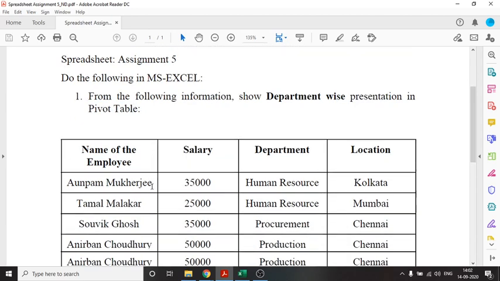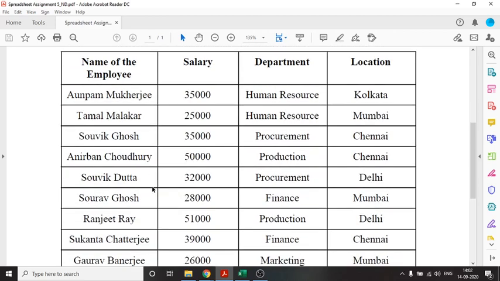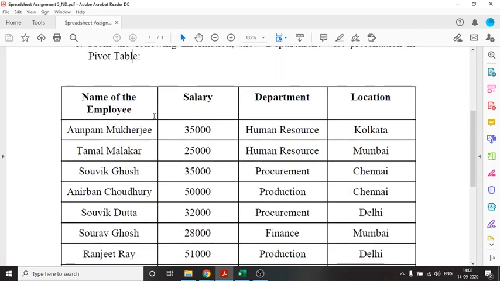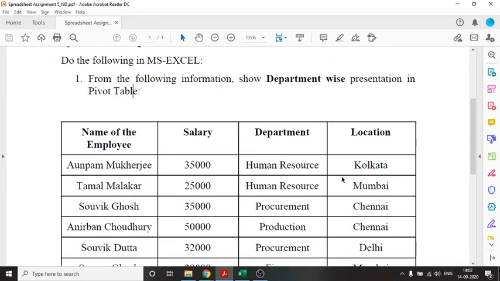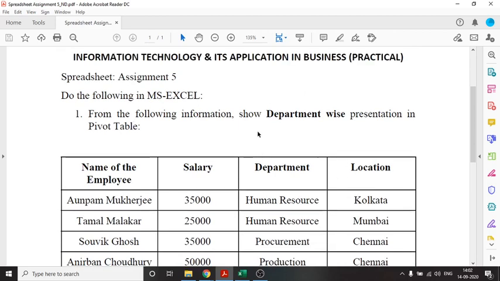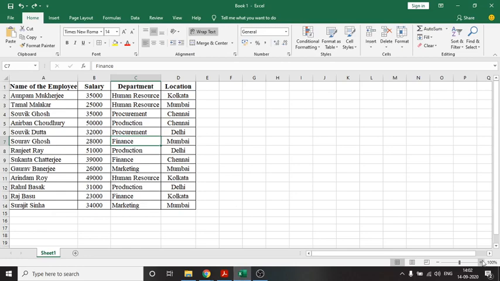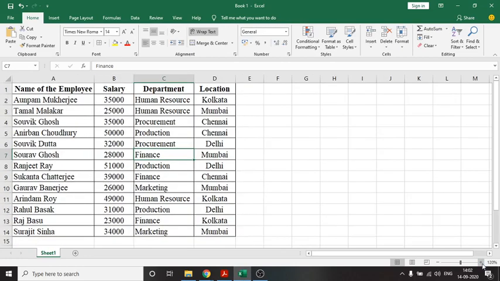Apart from this, what has been provided in your assignment is a table containing the names of some employees, their salary, department and location. Right? So with this table we have to create and show the table department-wise in the pivot table. Right? So let us begin. Now